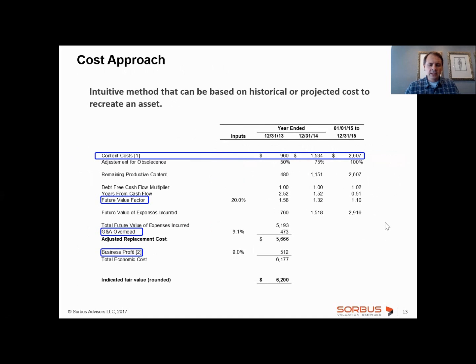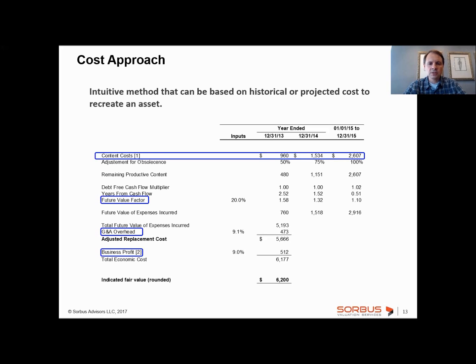Now, moving on to the last one, the cost approach. I'm not going to talk too long about the cost approach, but essentially it's where, as I said earlier, you're looking at whether you want to build or buy something, right? And so you would say, okay, this intangible asset is worth what it takes to build this asset. Now, this approach is not very popular with intangible assets because there's a view that it may significantly understate the value of the intangible, especially if the intangible turns into something very successful.